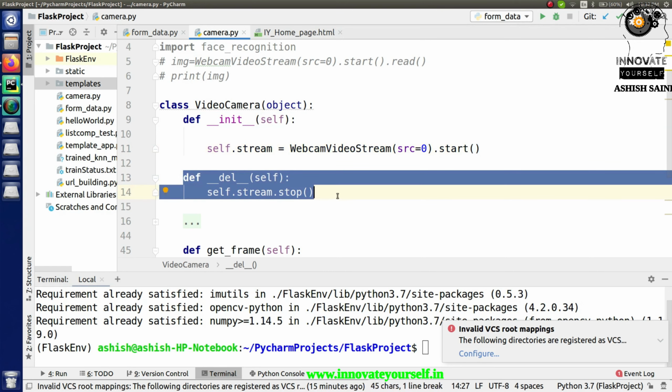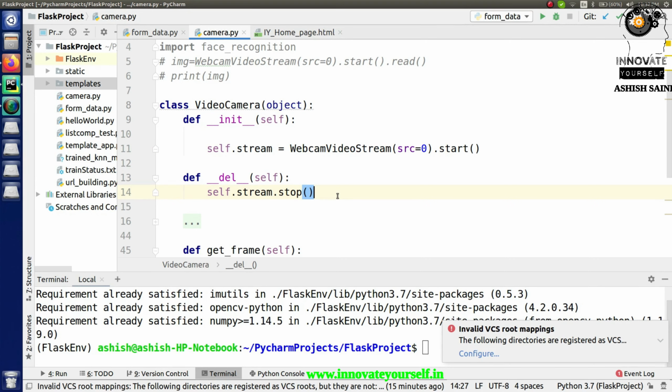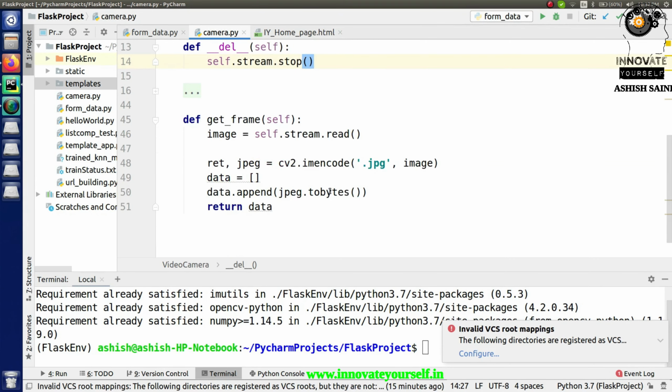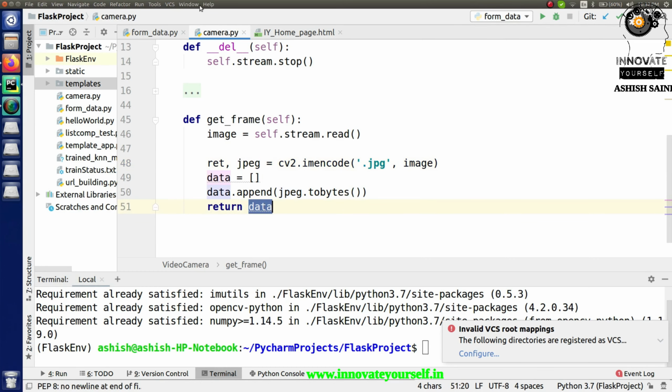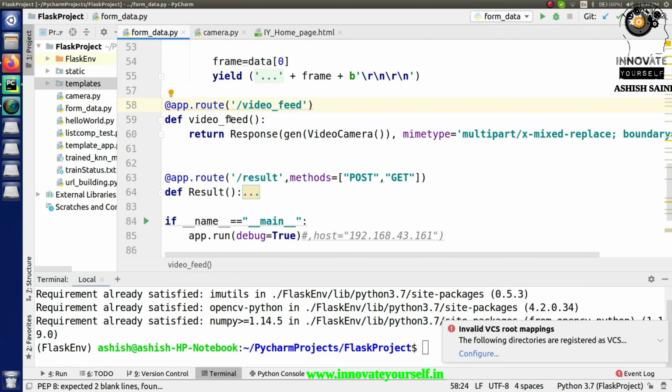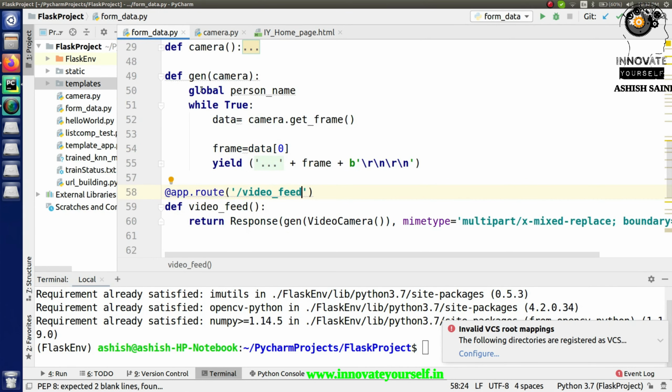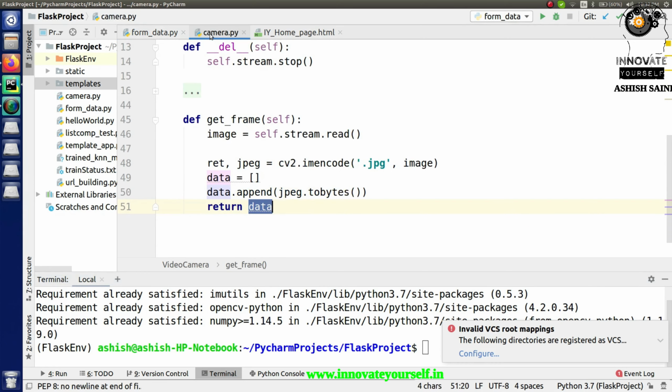Second one I'm creating to just stop the webcam if in case I want to terminate that part, right? So it will just terminate that part. And similarly, the very important thing is to get the frames, because when I'm turning on my webcam, from there I'm going to collect the images, and those images will be collected on my coding end and stored into some variable, and that data will be stored in the form of an array. So I need to further encode that part, and I have to further send it to this Flask application where I actually require it, right? So this is how exactly I'm going to do it.